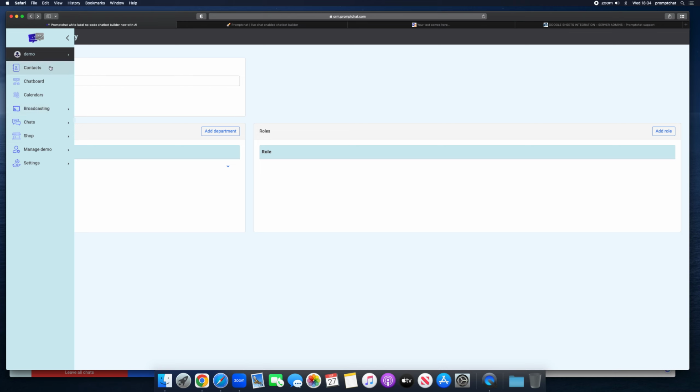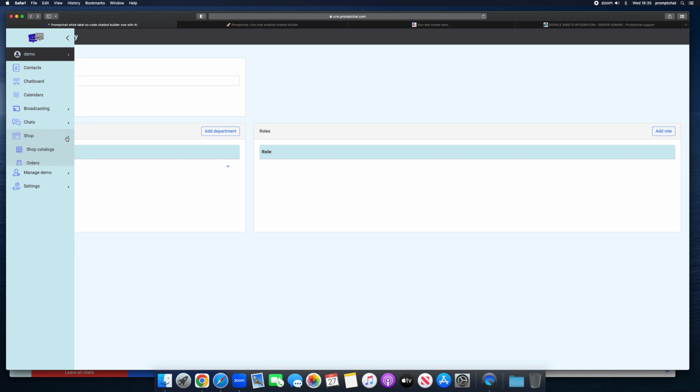So if you just want to give access to the chat board and the contacts, this is what's mainly used by support operators, then you can create this role, and operators with such role are only going to see these two tabs. Okay, similarly, you can clearly create a role for marketing department who are doing the campaigns and outbound instant messaging, as well as